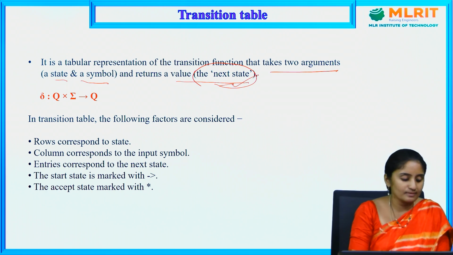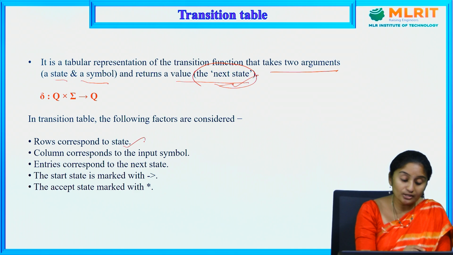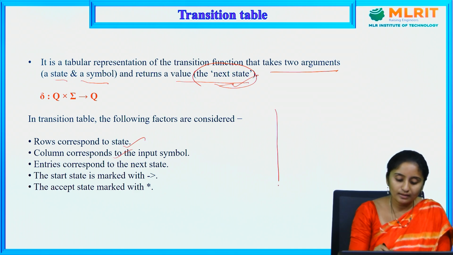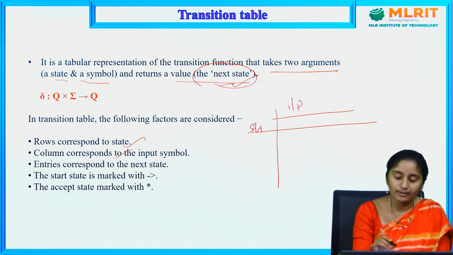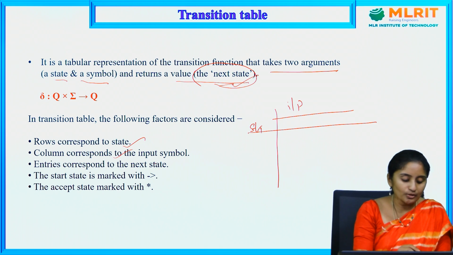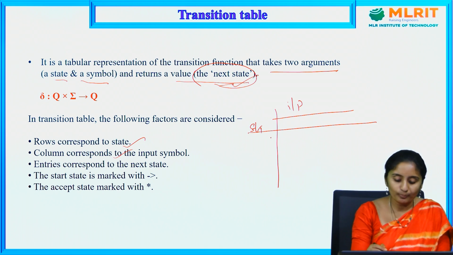That is what it means. In the transition table, the following factors are considered. Rows correspond to states. Columns correspond to input symbols. See here, I am going to draw. Here these are states and these are input symbols. Entries correspond to the next state. If here one state and one input, Q0 on 0, either it is moving to the same state